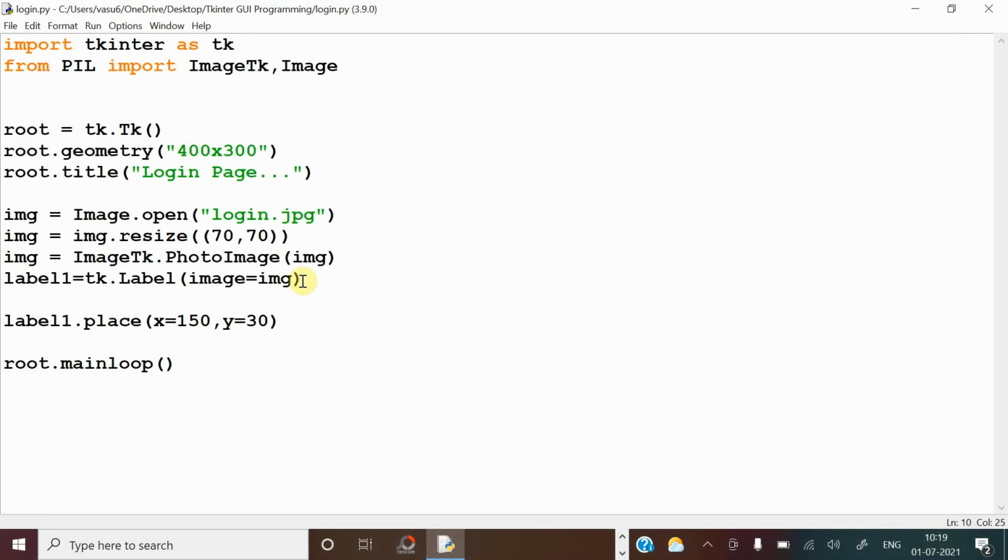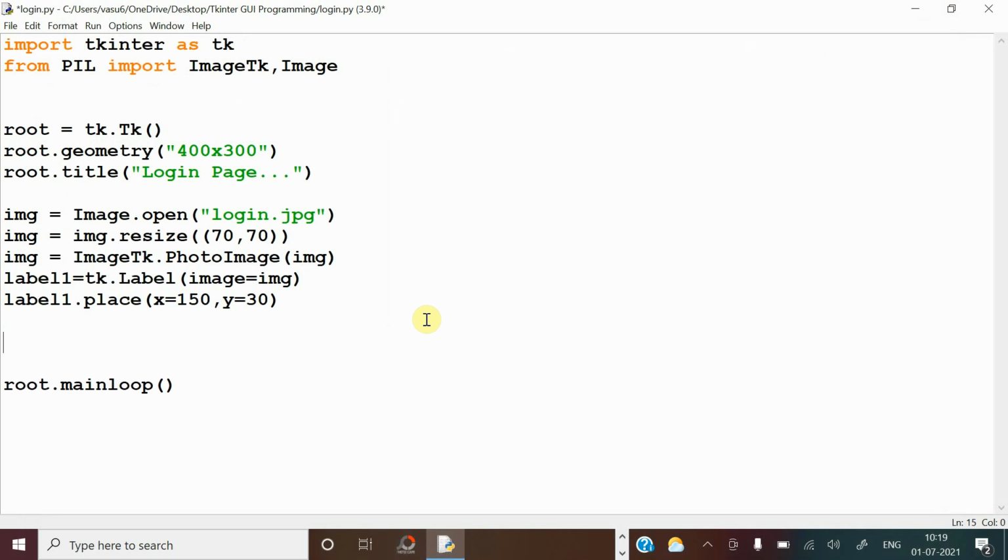After doing this, next you can add the login details, meaning enter the username and password. For both of these you have to create the labels as well as text entry. So first I am creating label2 for the username equal to tk.Label. In the root window I want to keep this one, that's why I keep it as root. Now here, whatever text I want to keep is username, and in the font, whatever font you want to keep you can keep it here, and I'm keeping the font size as 10.